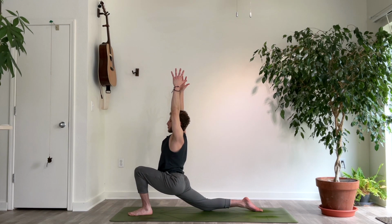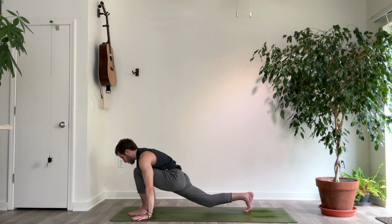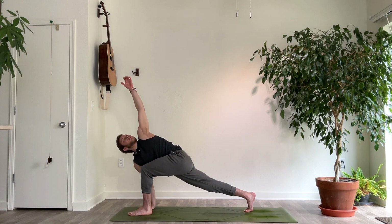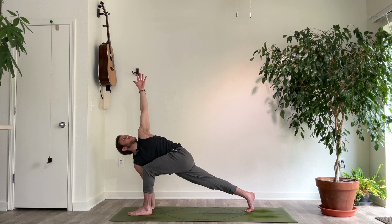2 more breaths. Last breath here. As you breathe out, plant the palms. Lift the back knee. Come onto the back toes. Inhale, reach the left arm up. Twist open through the left rib cage and the left side of your chest. For 3, 2,